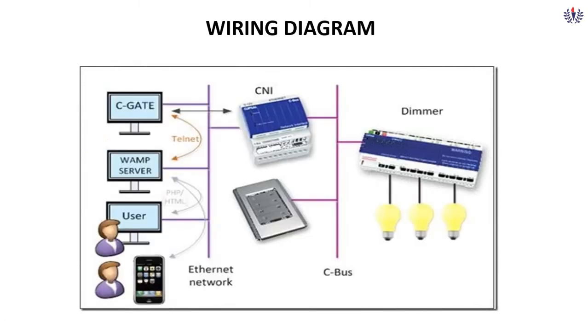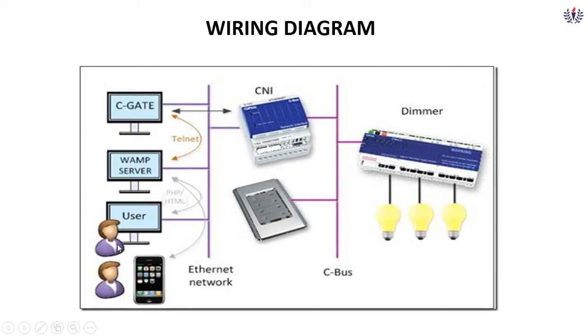So in short, we can see the block diagram also. Through the CNI, that is the computer networking interface, we are going to control the C-bus control networking. We are going to control the dimmer switch and the lamps. So here we do have the input. It is connected to the common C-bus. The C-bus in turn is connected with the computer where we are doing the program, and we are going to download it. So for that purpose we can communicate with the lamps.